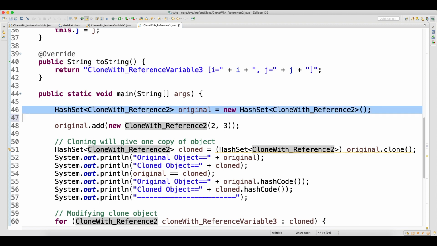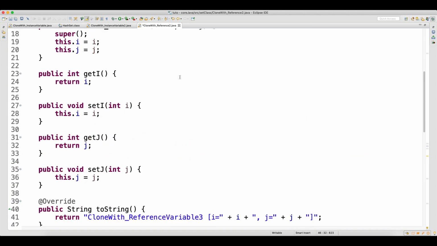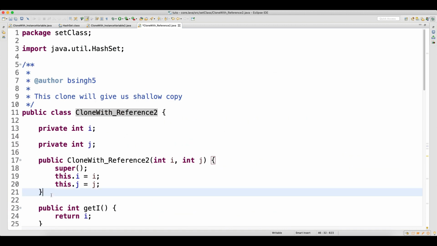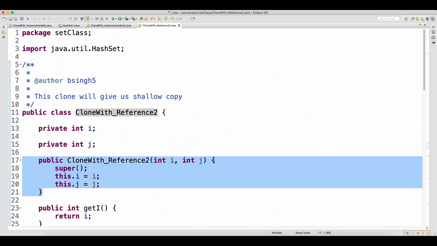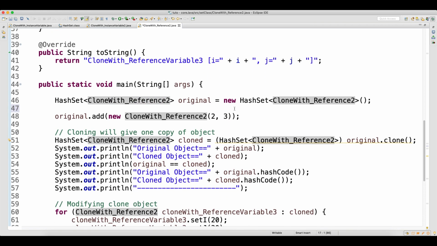Your hash set will take only this object type, which has only one constructor. I am adding one record to the hash set, so I need to create the object, new an object of this class, with the values 2 and 3. So I have added one record to the hash set.